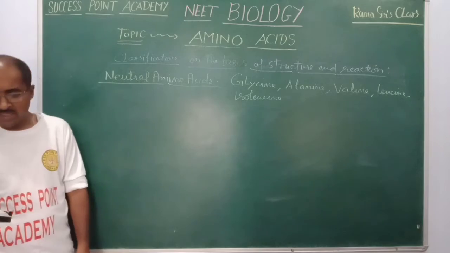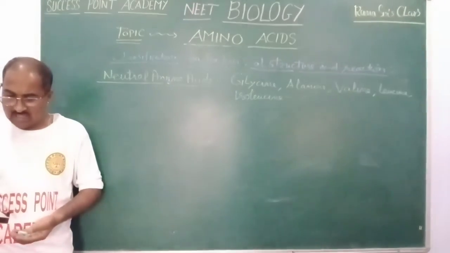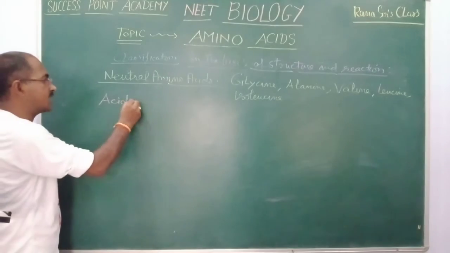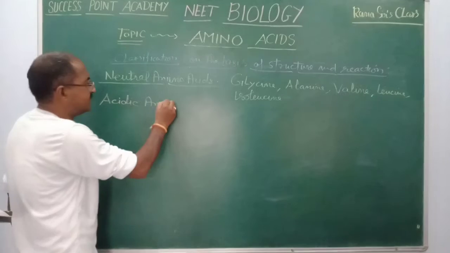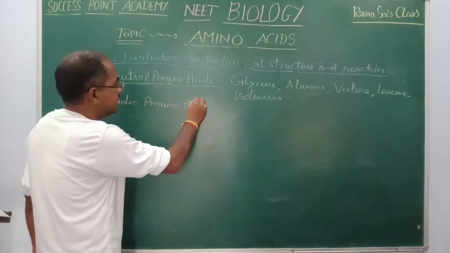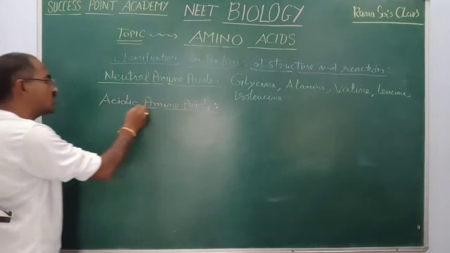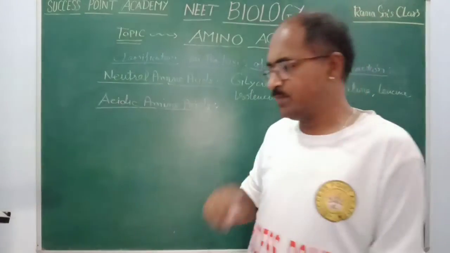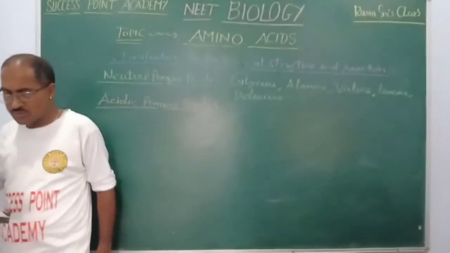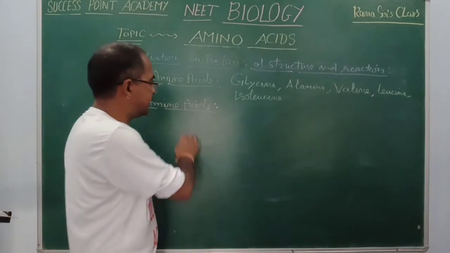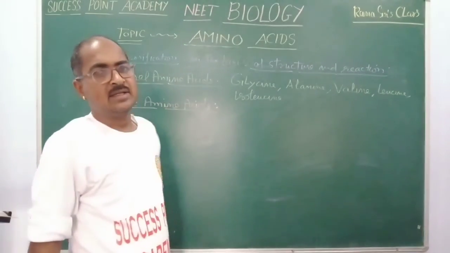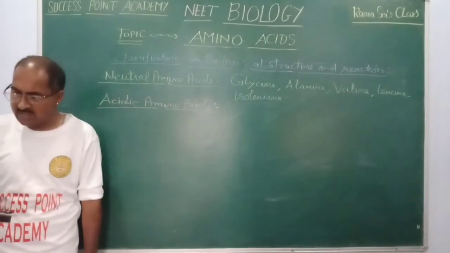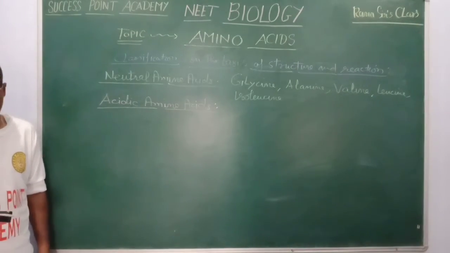Okay? Second category, students, that is acidic amino acids. The name itself is telling you that acidic character will be more. So acidic character is given by the COOH group, the carboxylic acid group. So an extra carboxylic acid will be there in acidic amino acids, and their examples will be aspartic acid, asparagine, glutamic acid,